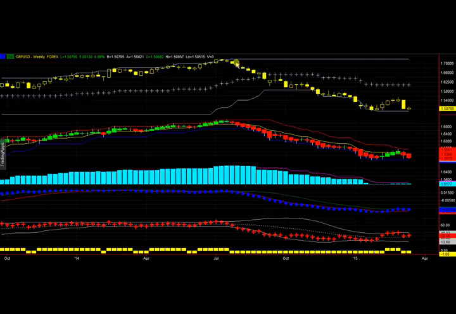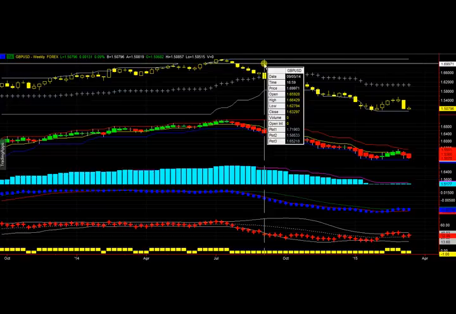Then in the summer of this year, we had what we could interpret at that point as a pullback, a slight corrective move in sterling from that 170 level down into the mid to low 160s, and then finally something actually substantial took place on the week of